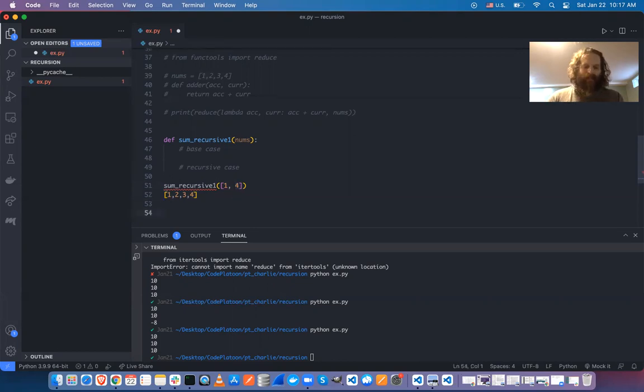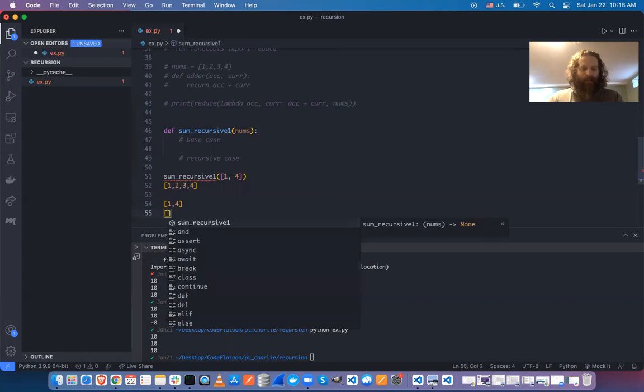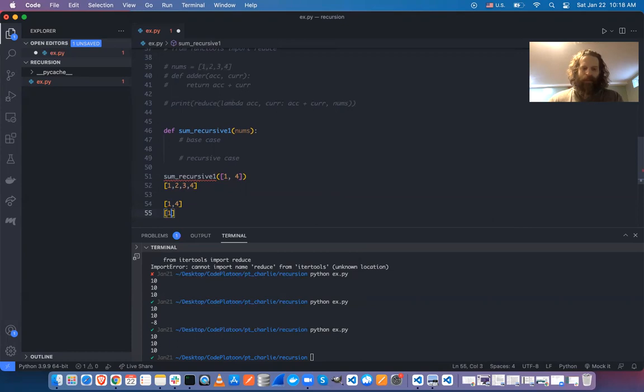So if I start with 1, 4, and I say, okay, I'm gonna break this into an element, let's say 1, and then 4, or this 4 could be anything. So we'll add this 7 just so it's clear here. This is the rest. So I start with this array. The first thing I'm going to do is break it down into a single element here. And then I can